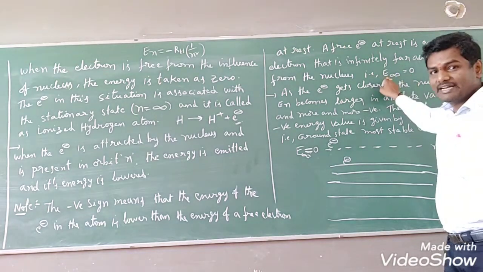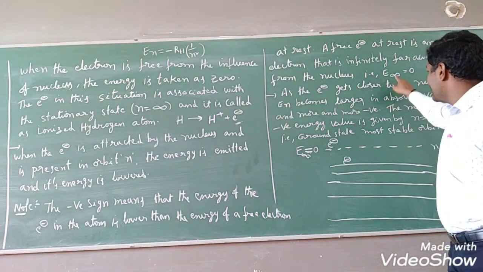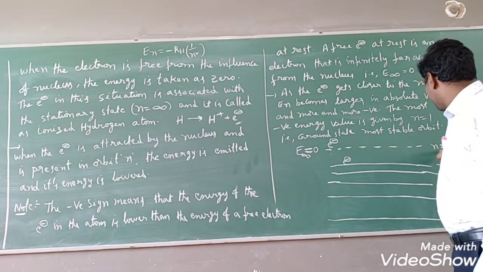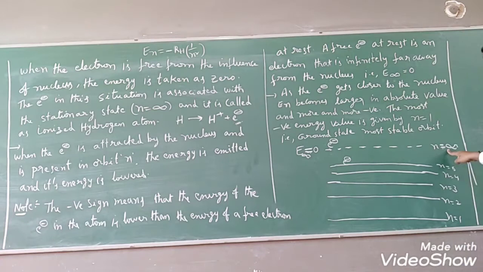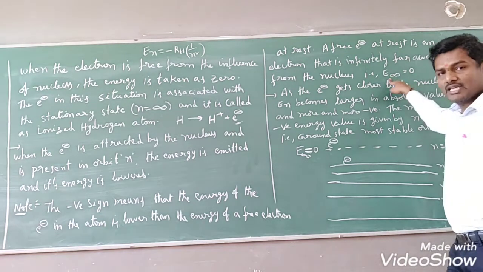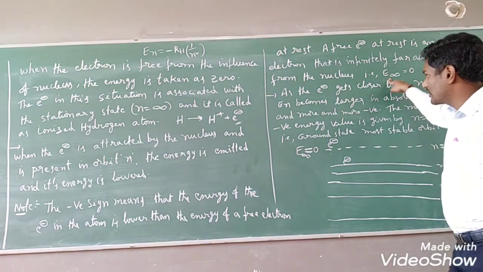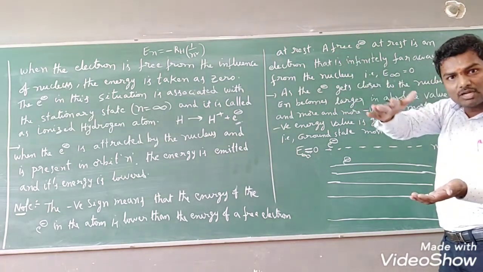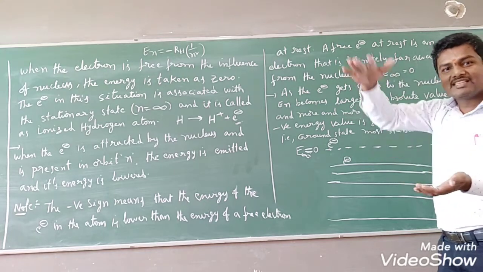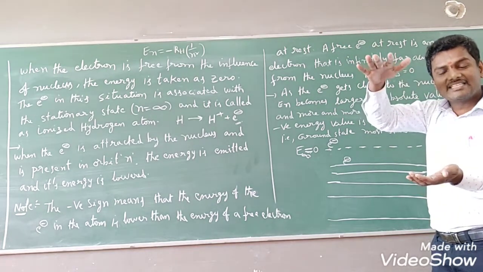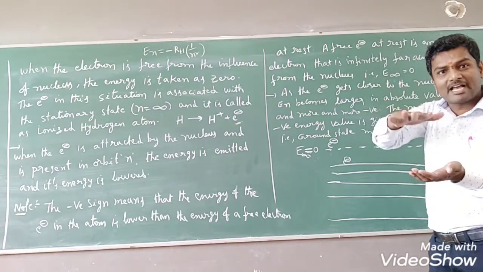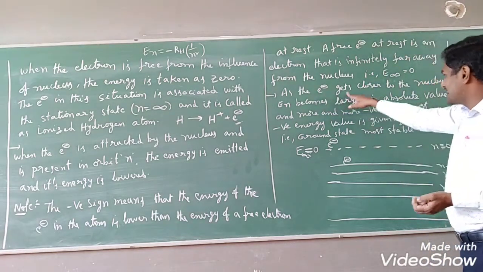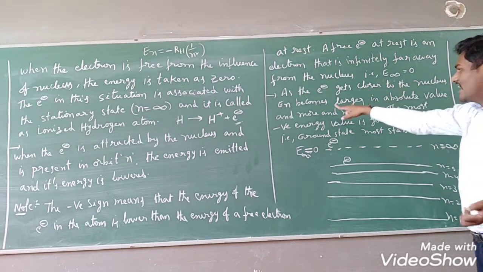In such cases, E infinity is what? 0, students. E infinity means what? Energy of an electron at infinite distance. See, the orbit number we have taken as infinity here. Right? At infinite distance, the energy of an electron is 0. Okay? Suppose the electron is coming from the infinite level to the ground level, then what will happen? The energy is lower and it gets a large magnitude, and you get a more negative value, right? That only happens as the electron gets closer to the nucleus.